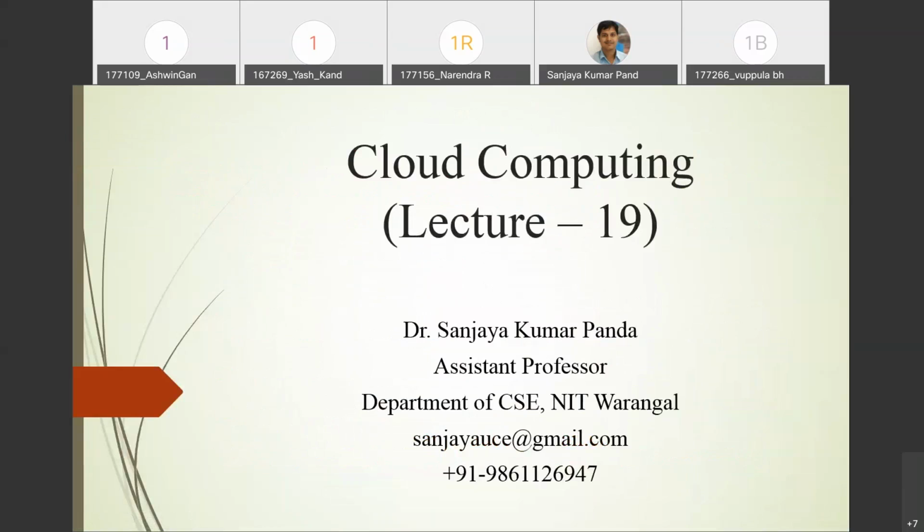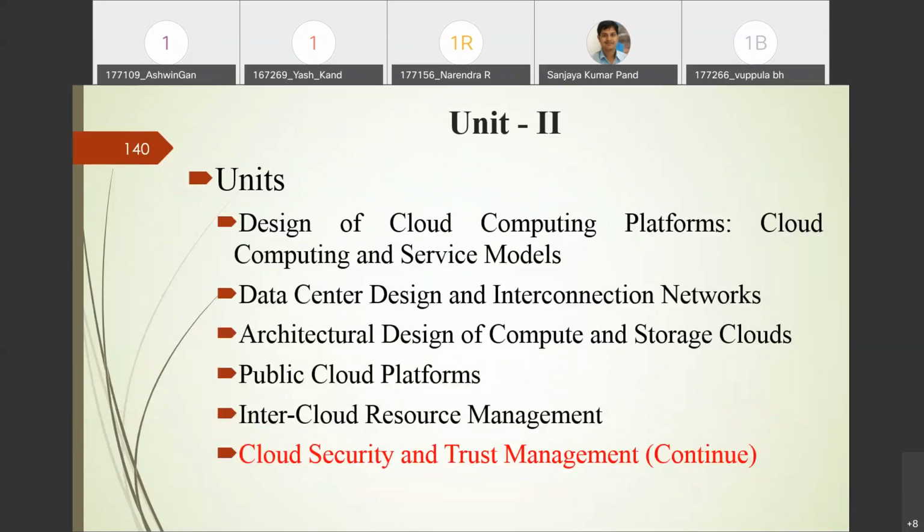So in this lecture, we continue our discussion on cloud security and trust management aspects. Last class we discussed a few things about cloud security and trust management. Today we'll continue that discussion, and I will tell you about the reputation system used in cloud computing. I will also tell you